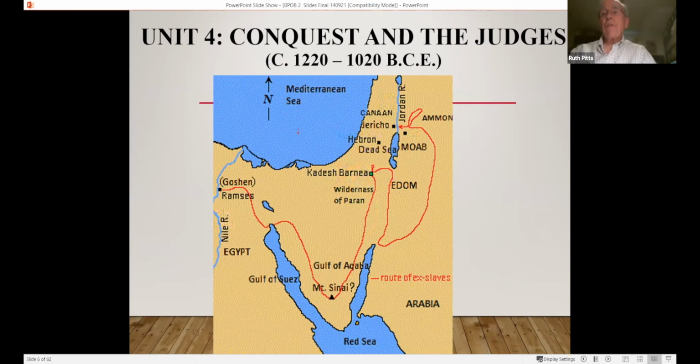So just a moment with the map. This is a very, very useful map for us. On the far left, you can see Goshen. That was the part of Egypt where the Hebrew people lived during the time of the captivity, or the time while they were there in Goshen. Then, as you find in the book of Numbers, especially, they go down to Sinai. So you follow the red line to the southern tip of the Sinai Peninsula, and Mount Sinai is believed to be somewhere in that vicinity, or perhaps elsewhere.